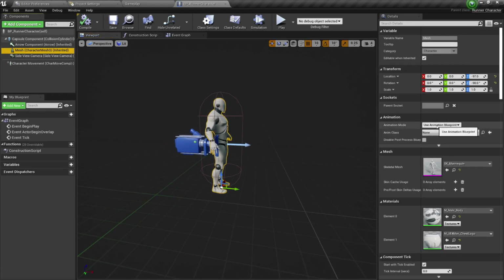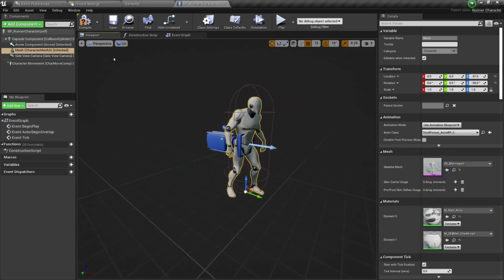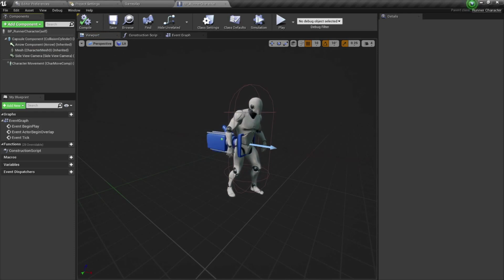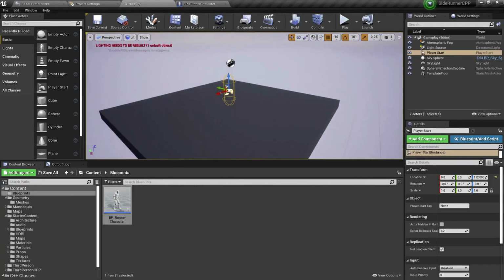Well, one more thing, we do need to attach here a blueprint class for his animation, which again, click on the drop down list and we have the third person anim BP, which automatically will make him animated. Now, in order for us to add our character right now in the game, we need to create our own game mode,